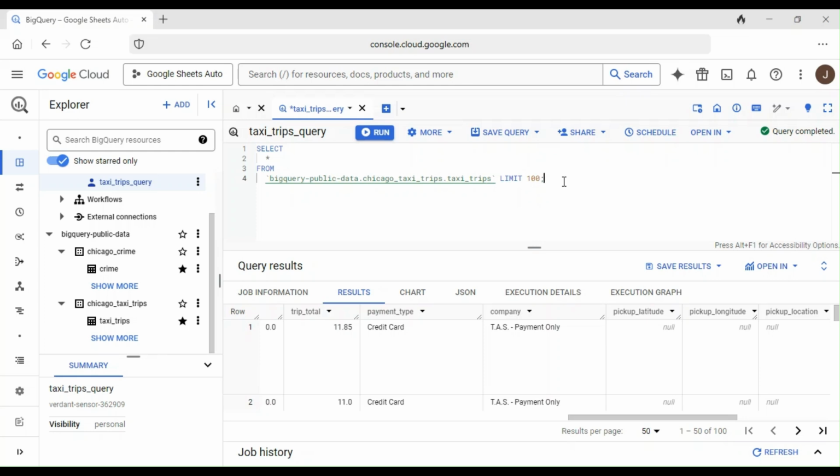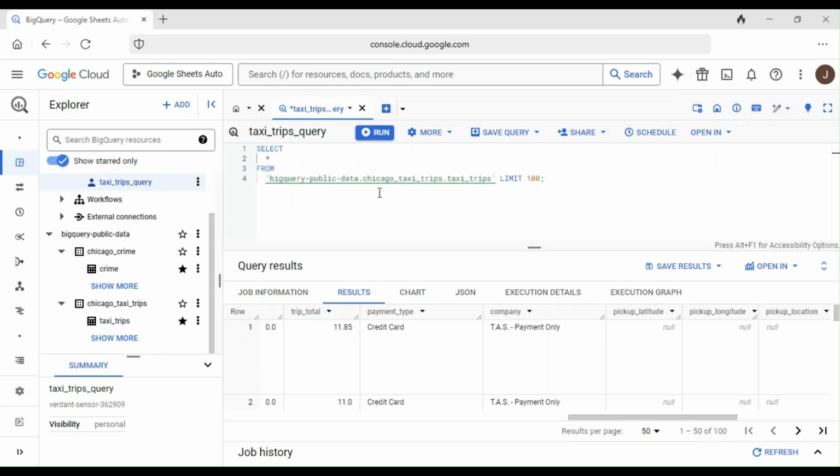But in this first video, we'll just explore the select function, how we can use it to query data from any database. So you can see on my screen that I have used select star from BigQuery public data Chicago